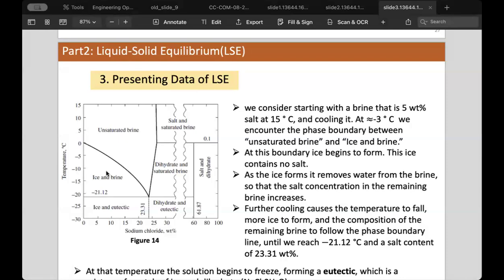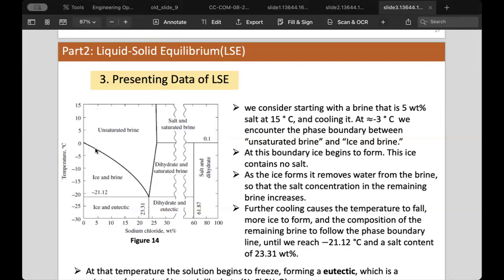Okay. This zone is a mixture or equilibrium between brine and ice. It is the area of liquid solid equilibrium. What is liquid in this case? Brine, right? And ice. So it will separate into brine and ice. For example, if you start from brine at this concentration and you cool down to here,